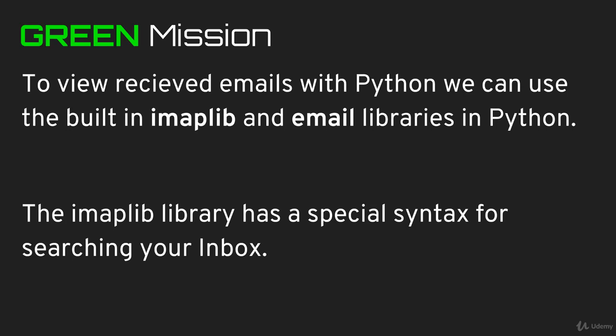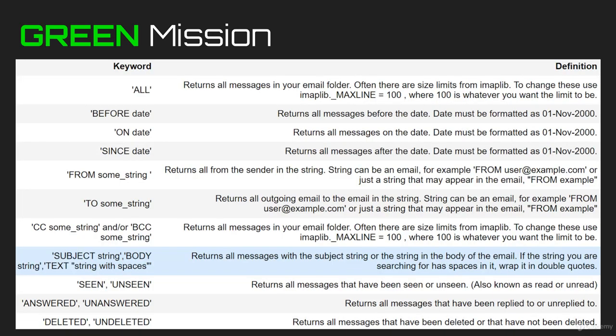The imaplib library has a special syntax for searching your inbox. There's a table like this in the notebook corresponding to this lesson, but basically the idea is that there are particular keywords and then there are definitions that refer to those keywords. And you'll be able to search your inbox for particular emails, such as checking emails by date,